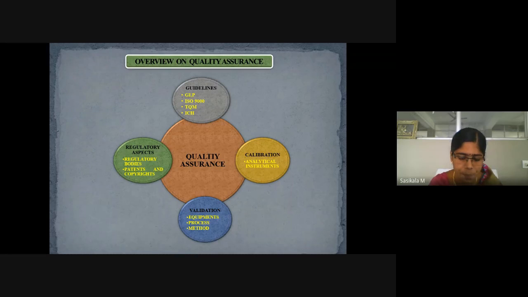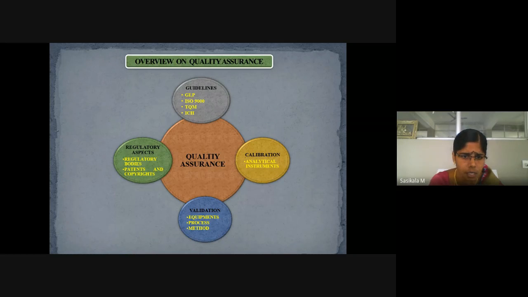Then is validation, equipment validation. Calibration and validation are interrelated. Validation is nothing but getting a consistent result. Whenever you do any experiment or process repeatedly, it has to give a consistent result. Accuracy is also important, but it should be repeatable. Always you need to get an accurate result, and that is achieved by validation techniques. There are different types of validation: equipment validation, process validation, and method validation. For analysis, method validation is most important for developing any analytical method.